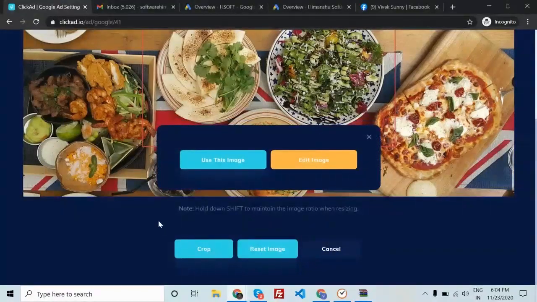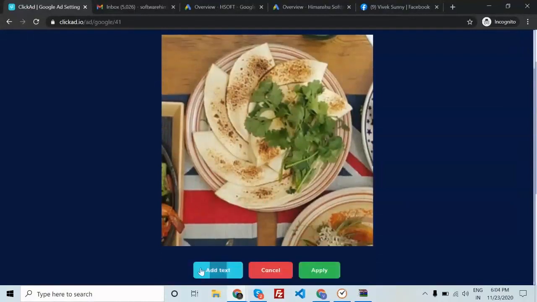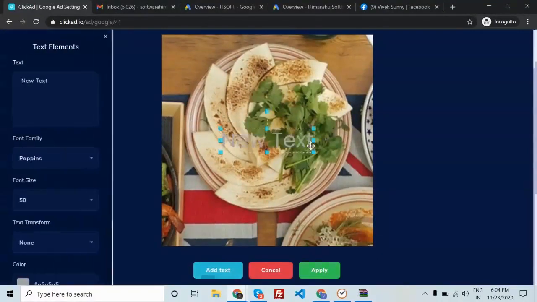There are two other options I have. I can either use this image directly or I can edit this image. Edit means it will open up the editor where I can add a text layer. If I want to add text, let me put that and show you how exactly it works.